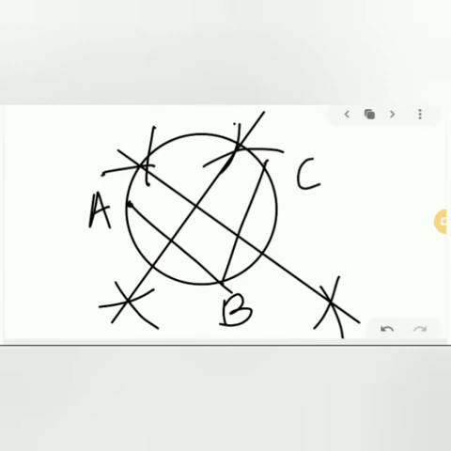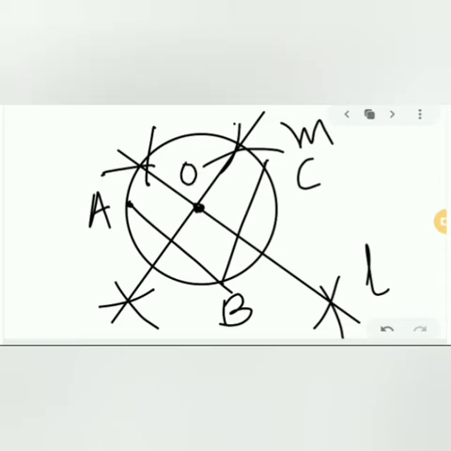Now whatever lines we have drawn, we will name them line M and line L. And here the amazing thing is that whatever point we found over here, that is the center of the circle. Here by taking AC also you can find it, and we will name it O.